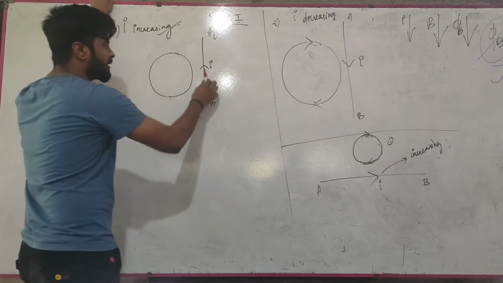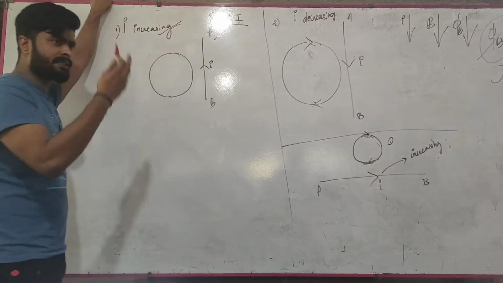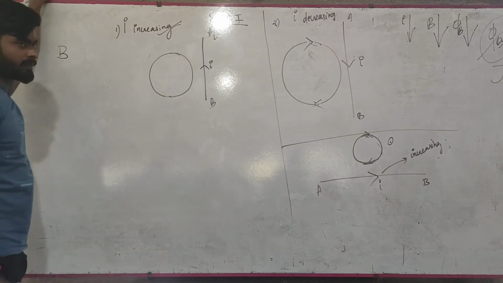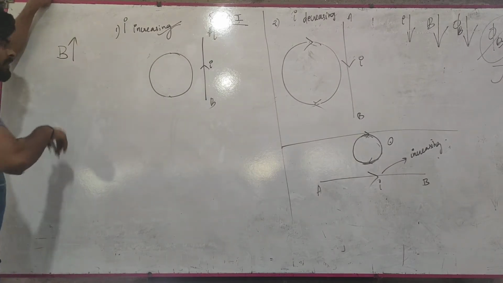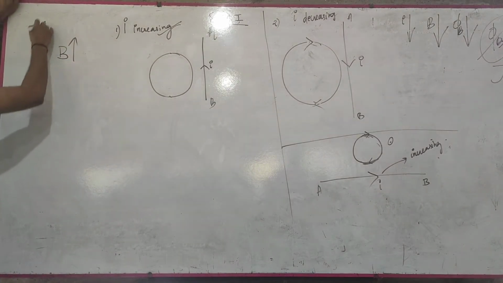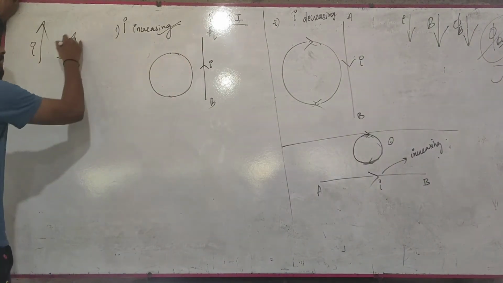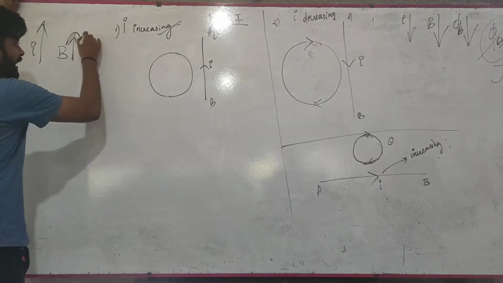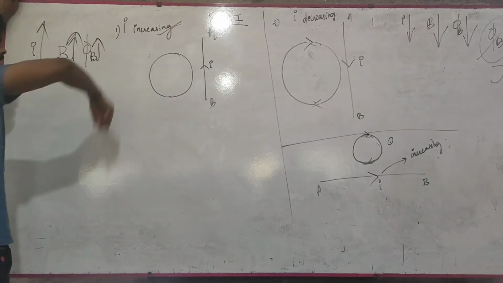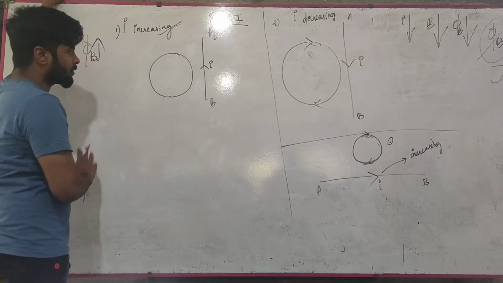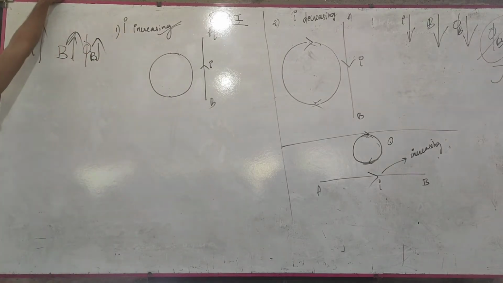Since it is placed near a wire in which the current is changing, it is sure that there will be a magnetic field produced, which will be a changing magnetic field. Since the current is increasing, the magnetic field produced by this current carrying wire will be increasing, and therefore the magnetic flux will also increase. So this coil is placed in changing magnetic flux, or we can say increasing magnetic flux, phi B.